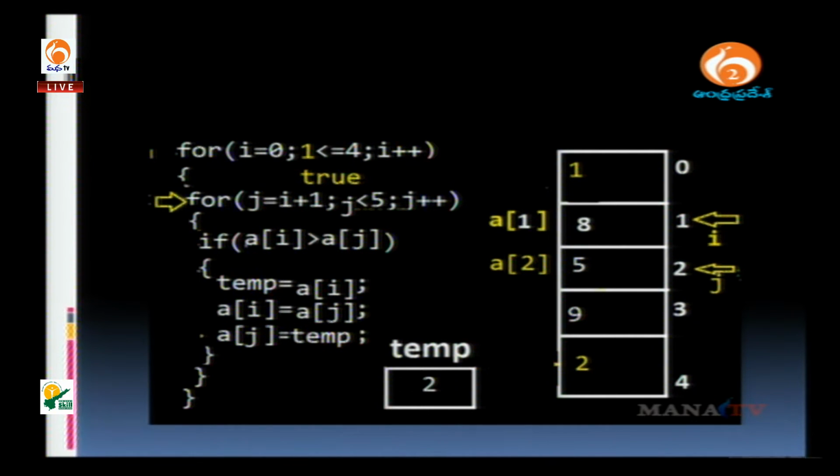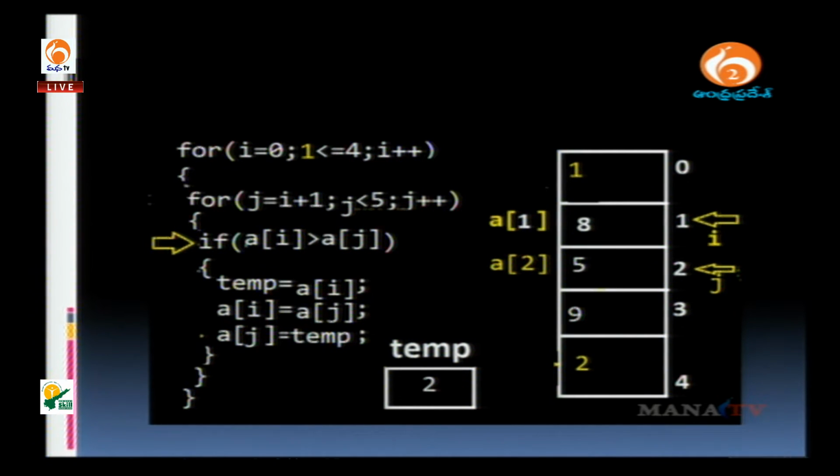Next, j equals i plus 1. Right now i equals 1, as we can see from the arrow mark. i equals 1, so 1 plus 1 means 2, and j comes to here. So 2 less than 5, which is true, now the control enters the body of the inner for loop,